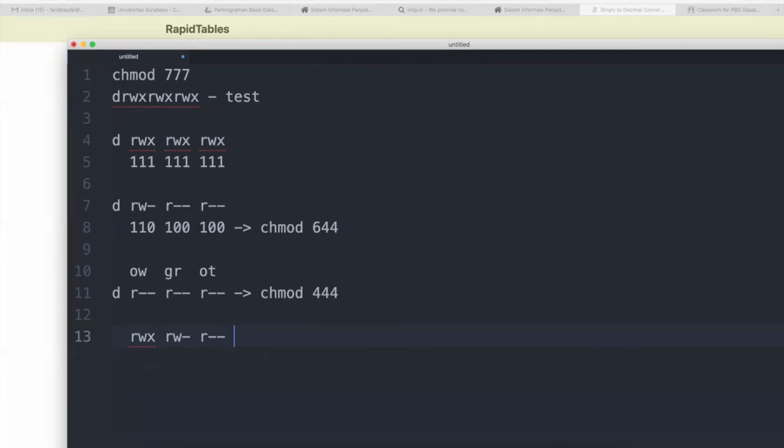If I have a file with the name install.txt inside my directory, then I will give access to install.txt as rwx, rw-, and r--. So I will give chmod, because this one is 111, 110, and 100, chmod 75, I'm sorry, 76